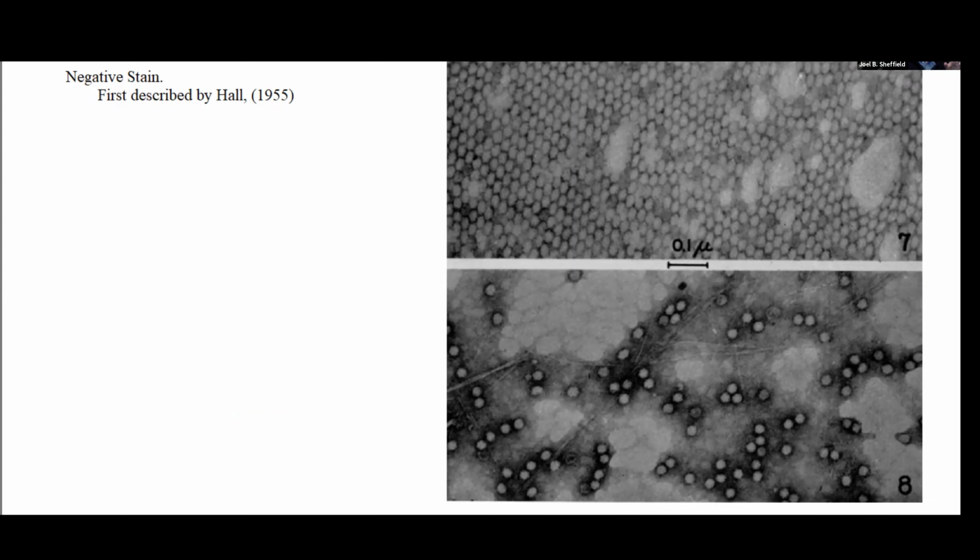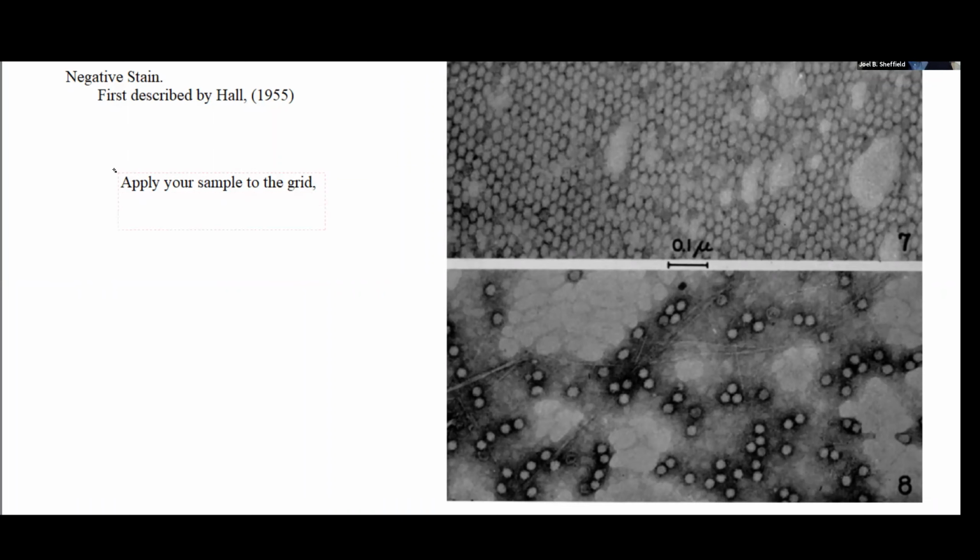So that's a sense, at least, of some of the power of shadow casting. And I'll show you more of it and more of its power when we get to talk about freeze fracture, of all things, other techniques. Okay, but first, today at least, I want to talk about negative stain. And negative stain has an extraordinary advantage. The basic idea of negative stain is that you take a solution, you apply your sample to the grid on a film, just as I said before,